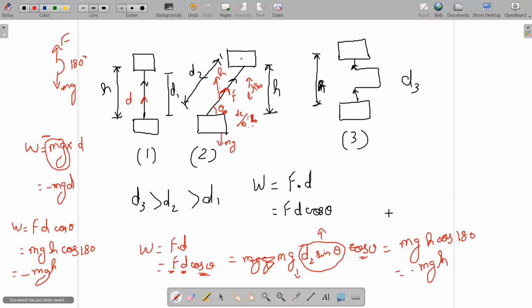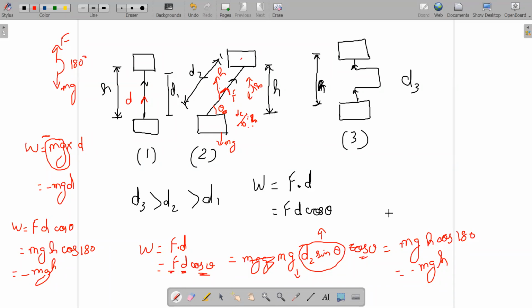So the conclusion is, what you need to understand is, in every case like this, whenever there are no dissipative forces like friction or any other forces that they're mentioning in the question, whenever you move a body from one position to another position, and if the difference in height is same, then the work done for that process will be same. Case 1, case 2 and case 3, all of them will have the same work done.